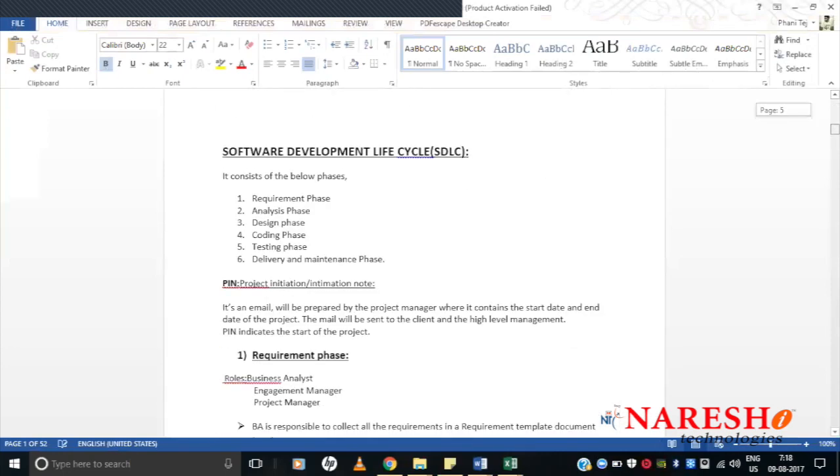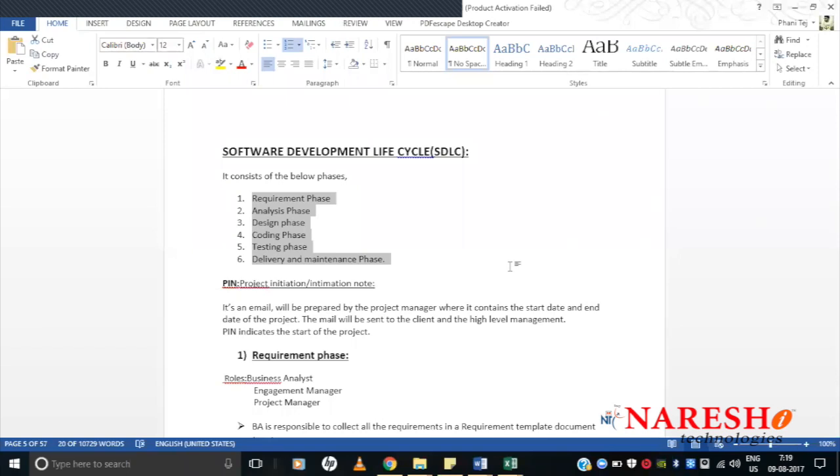How is a software actually built? As you can see, this is the SDLC, as I said. Any software that you pick that is being developed today will follow these 6 phases. Without following this, there is not even a single software that you can develop. So definitely you have to go through all these 6 phases when you develop a software.